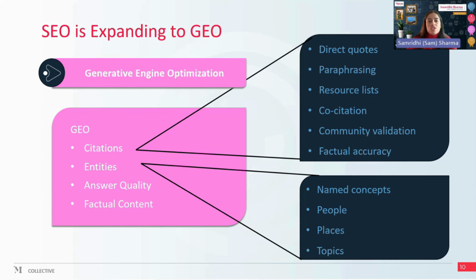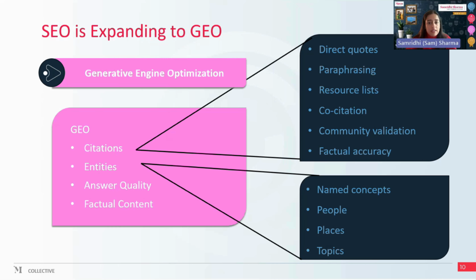And GEO is shifting the focus from promotional language to factual and verifiable content. So it's not just about adding the right keyword to your content pieces. The signals of authority are now shifting towards citations and entities. And what are citations? Now, it sounds like a big undertaking, but these are just mentions of your brand by other trusted sources like news sites. What you need to keep in mind is that AI finds value in community validation.